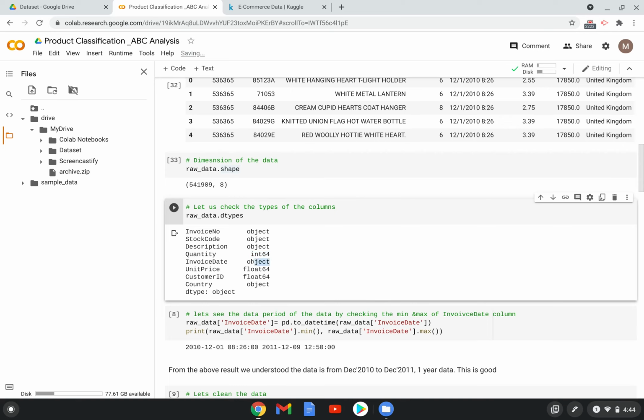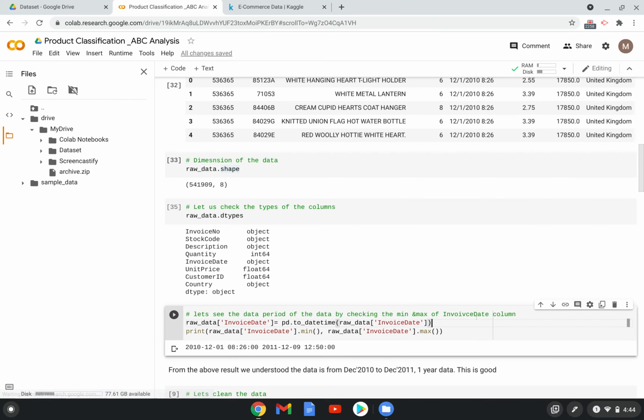If you carefully observe, invoice date is also object. Unit price is float, which is necessary, and customer ID is also float, but it need not be float. Even if it is float, it doesn't matter. Country is object, which is fine.